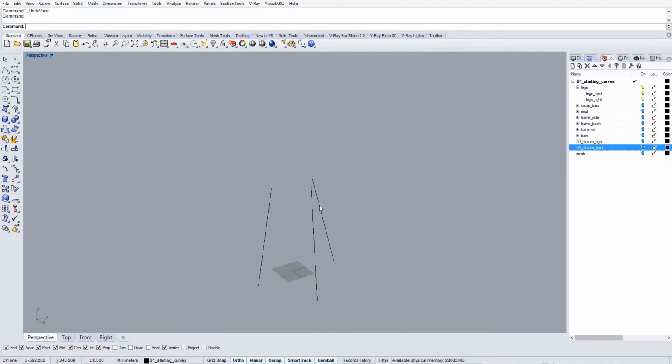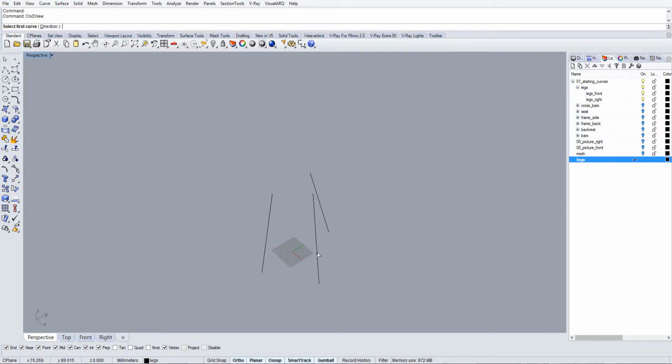So what we need to do is bring the central positions into the right positions of where the legs actually are, not just in the right or front view. I'm gonna use the curve to view command for that, and I'm first gonna create a new layer. Let's call it legs. Move into that. So now I'm gonna use the curve to view command for this, and then for this curve I can actually